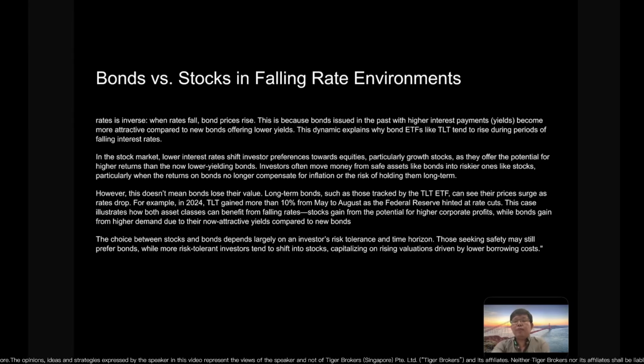So the choice between risky stocks and bonds depends on the investor's risk appetite, risk tolerance, or time horizon. For instance, if you're going to buy a house very soon and have to pay for renovation and all that, you have less risk tolerance. You might want to put your money in bonds as they move slower. Then we look at stocks.